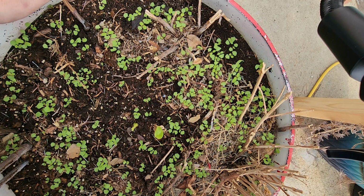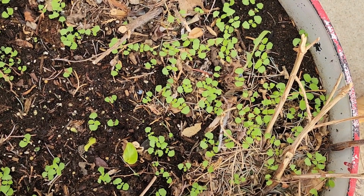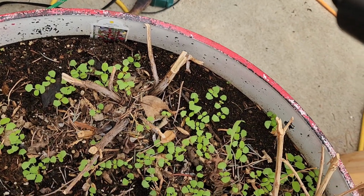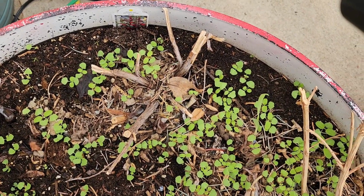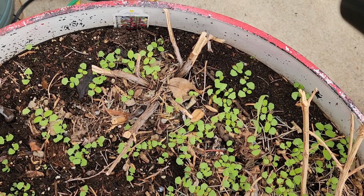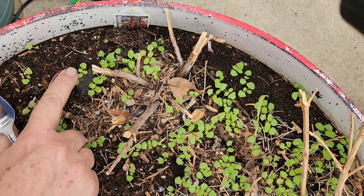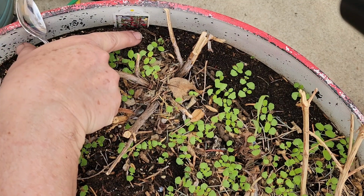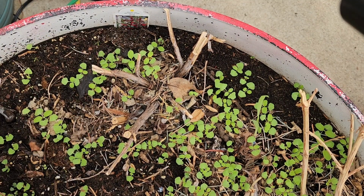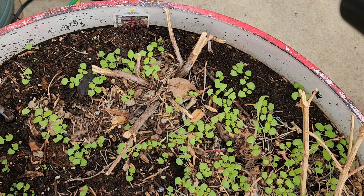Guess I'll set that down there. I'll try to zoom in a little closer. The light is pretty bright in here, so it's hard to tell. So I'm thinking that these are all the same little kind of leaf, and I'm thinking that those are the Roman red. So I want to make sure that I get some of those, because red is a hummingbird favorite,